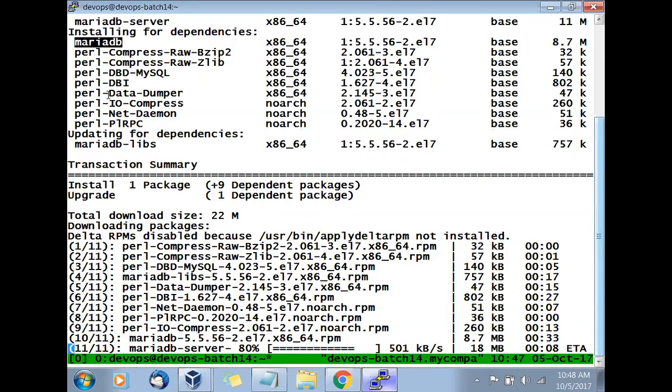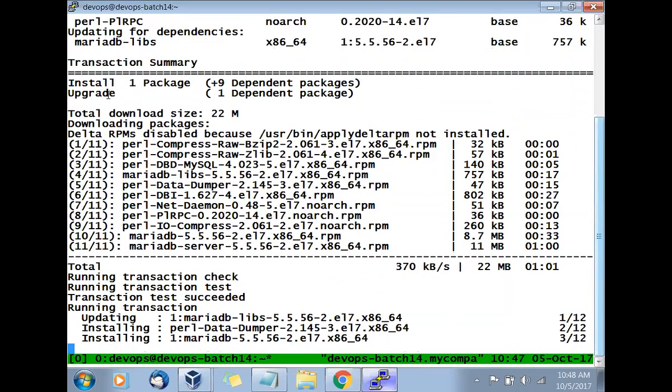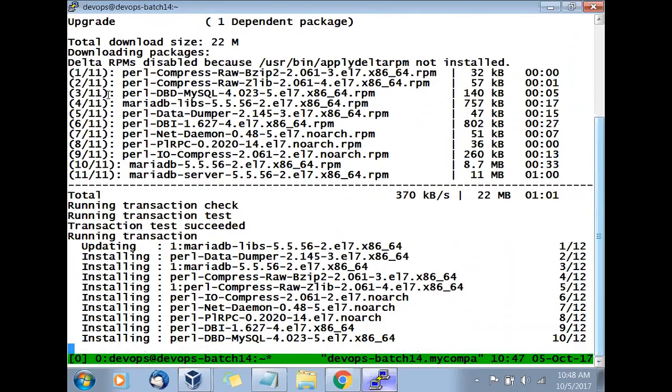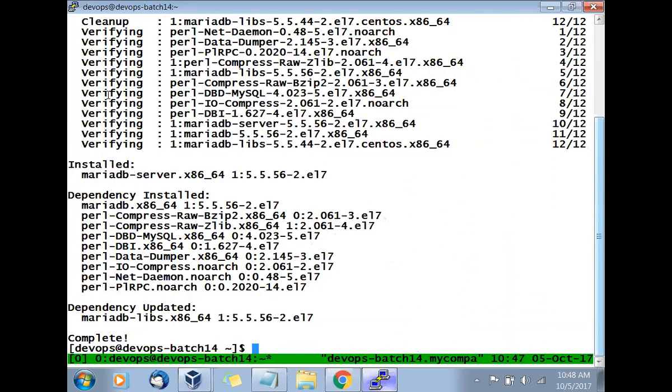It is downloading nearly 10, 11 packages. Good. Done. So we have done the installation of the database server.